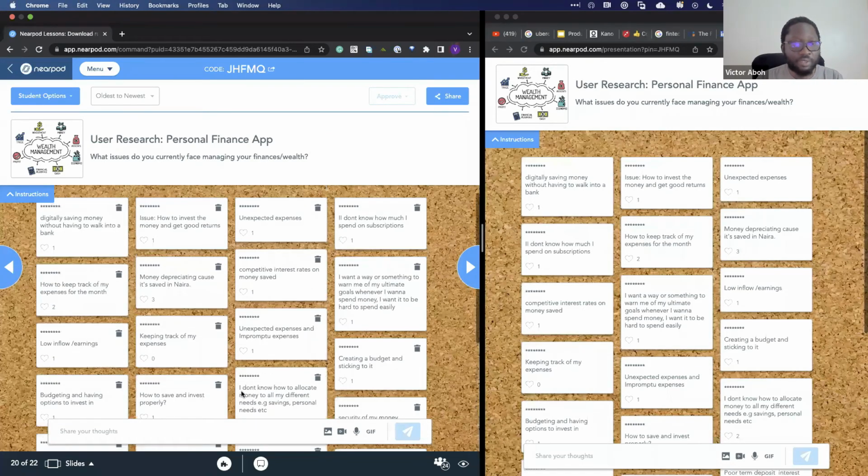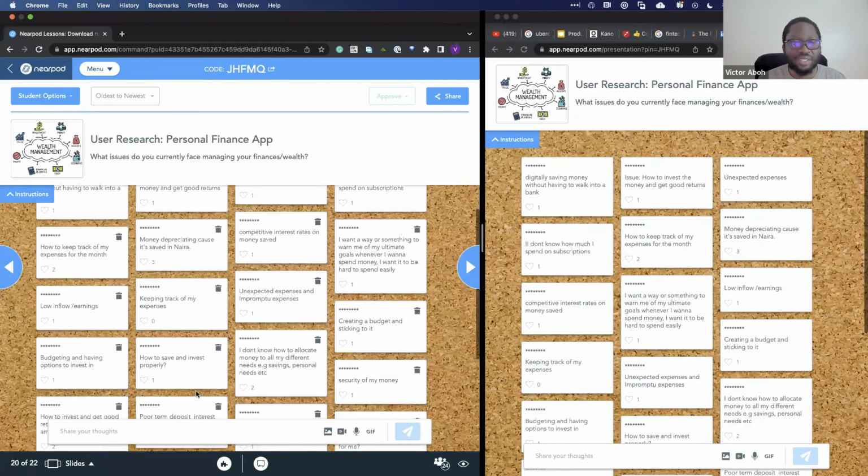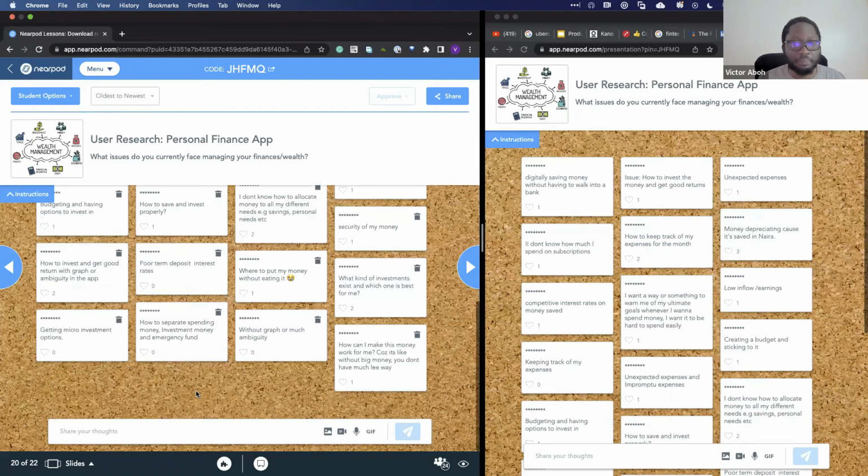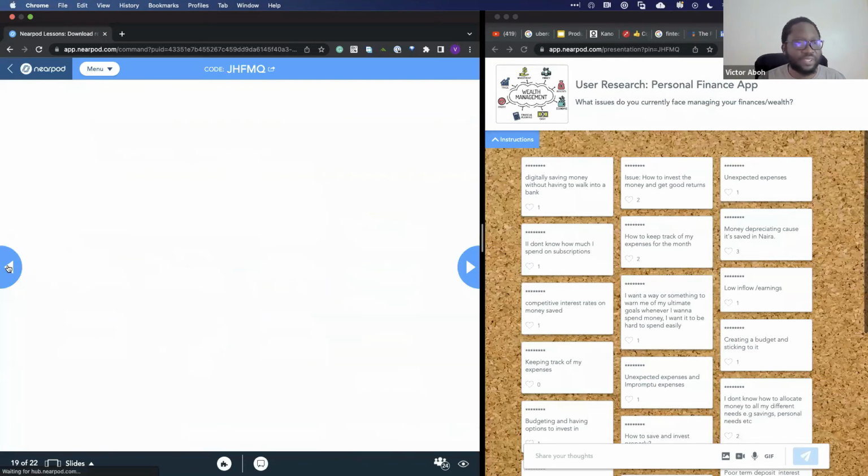So I want you guys to take a look at them, see which ones resonate with you. We'll move over to using that Kano model real quick. And then I want us to take some of these ideas and apply them in there, right? So, let's see how to separate spending money, investing. Yeah, okay, very cool. So thank you so much.